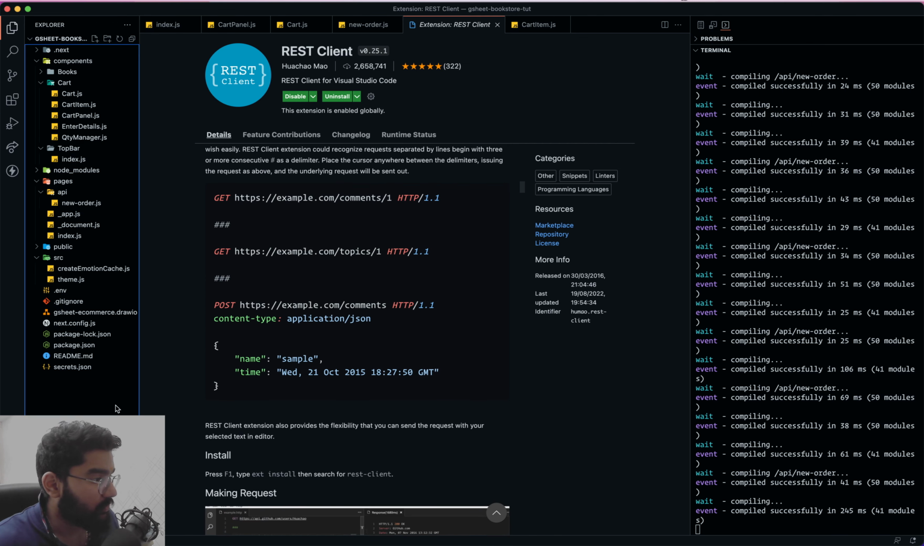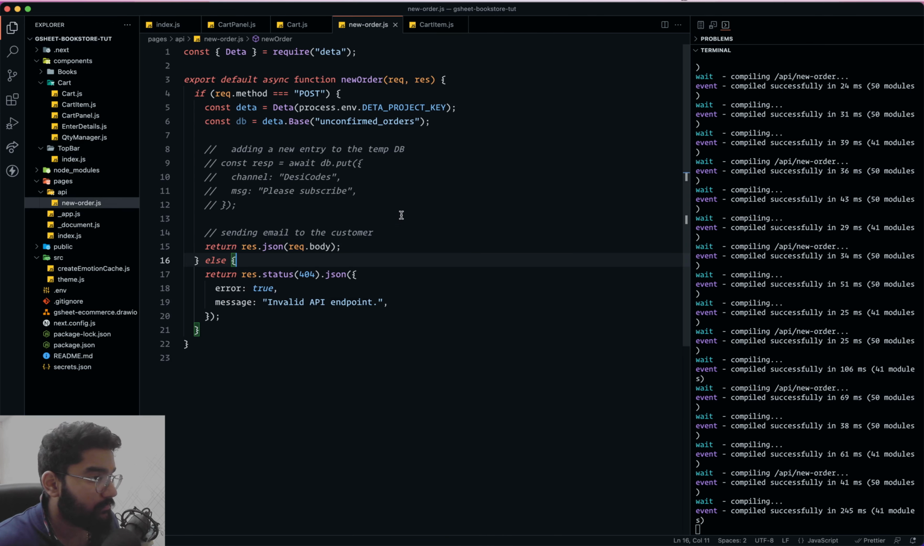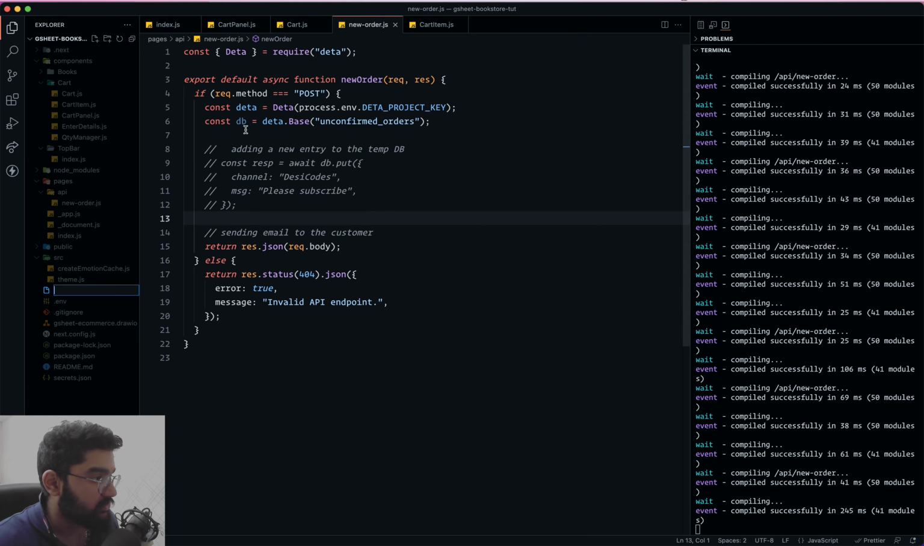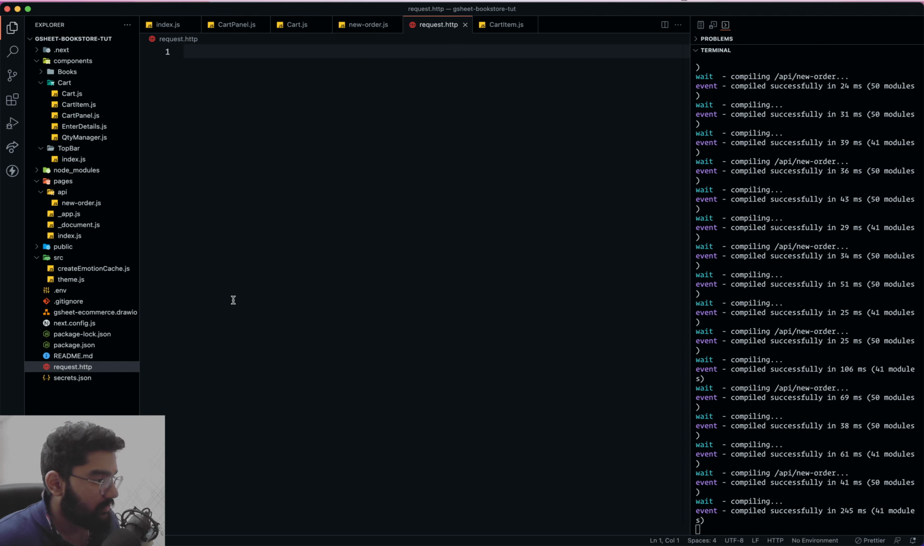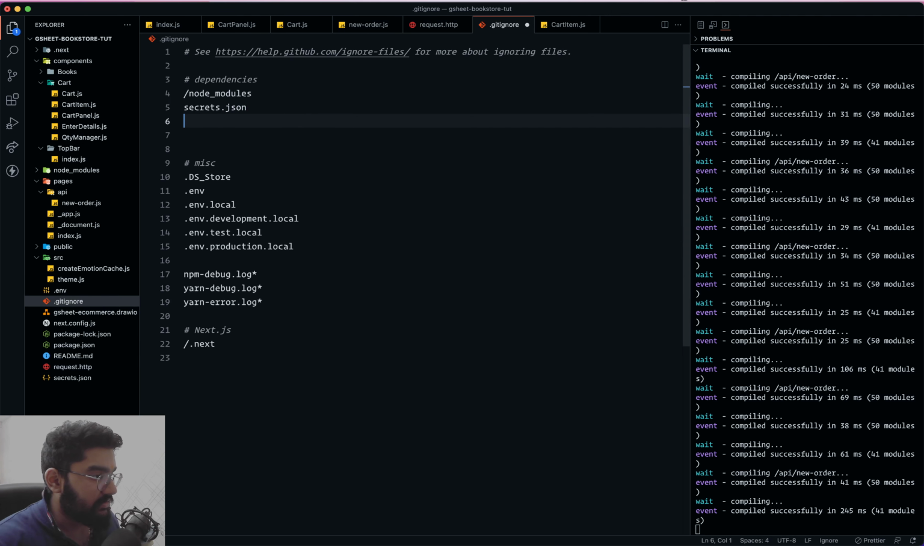So that's what we are going to do. Let's head back, and over here let's create a new file in the root of our project with the name of request.http. Now the file name can be anything, but let's just set it to request. Again, you don't have to follow the same thing. Feel free to use any other client that you're comfortable with, like Postman. It's perfectly fine. Now let me just quickly add the same file in the .gitignore, request.http,